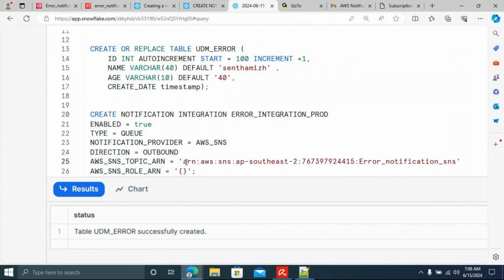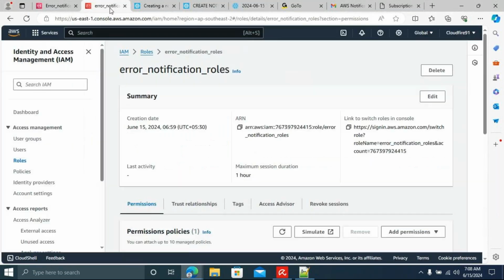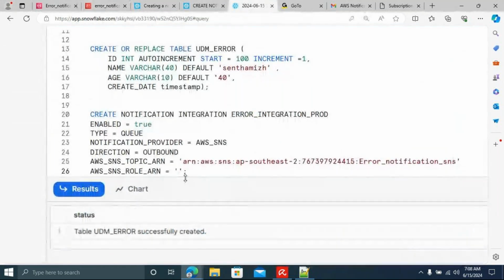Good. Now the SNS role ARN: remove the placeholders. Go to the role. This is the role we created, right? Just copy the ARN and paste it as it is.